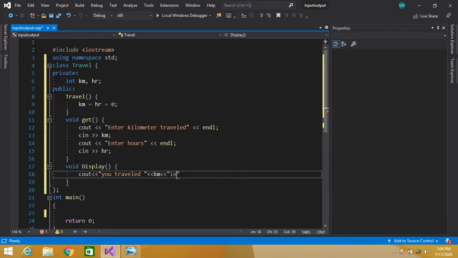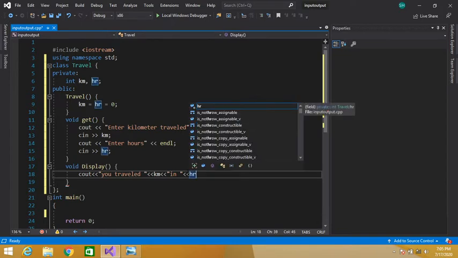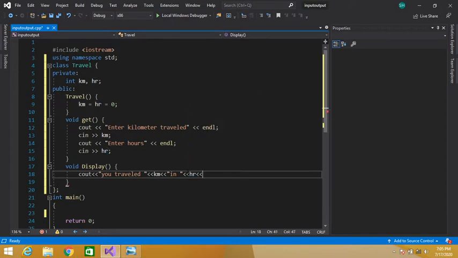In how much time? In, here we will write our hr variable to print the time, and here we will print hours.